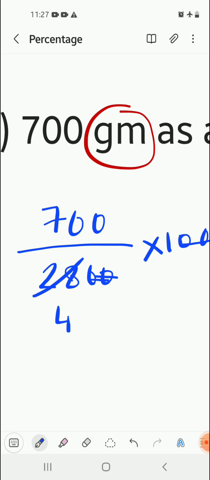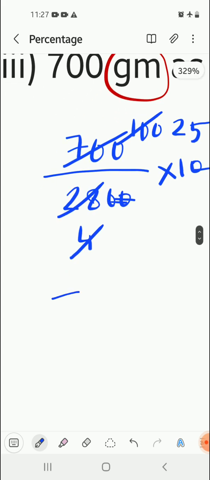7 into 4 is 28, and this would become 100. Again 4 and 100 will get converted, it will become 25. So this is 25%. Moving on,